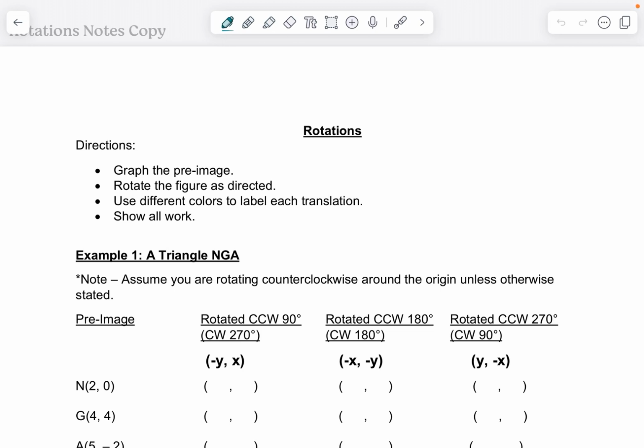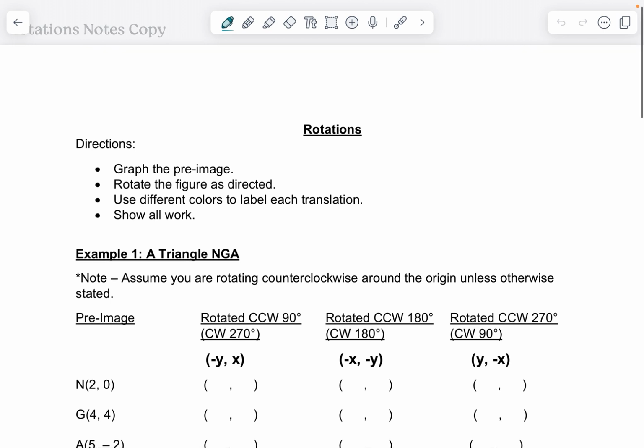All right, today we are going to be rotating figures on the coordinate plane. We've done translations where we're sliding them around, reflections where we were flipping them over a line of reflection. Today we're rotating. Now in class, we are going to use this tracing paper and come up with these rules ourselves. But in summary,